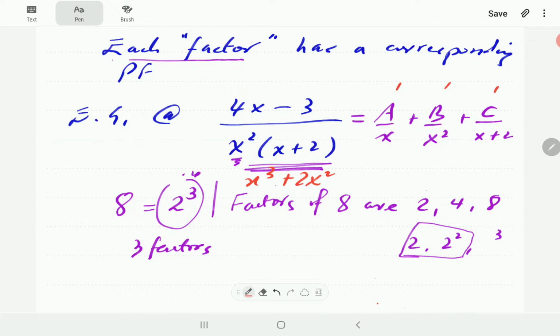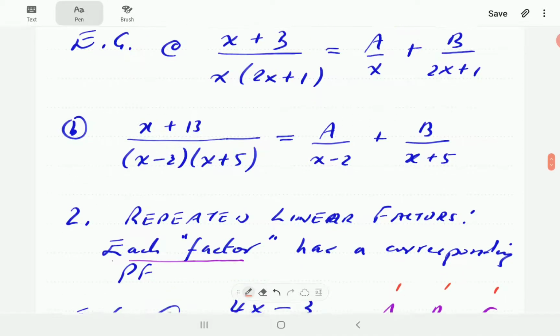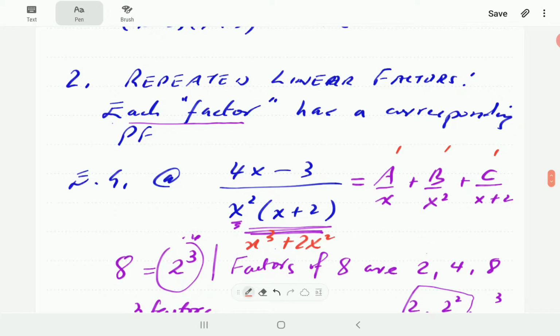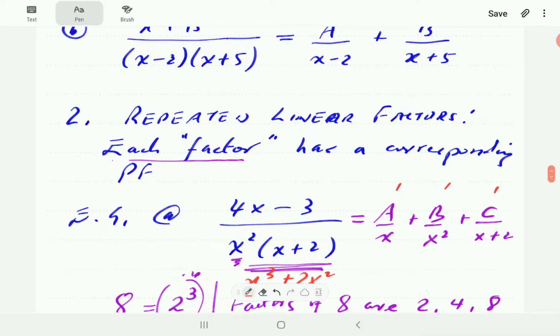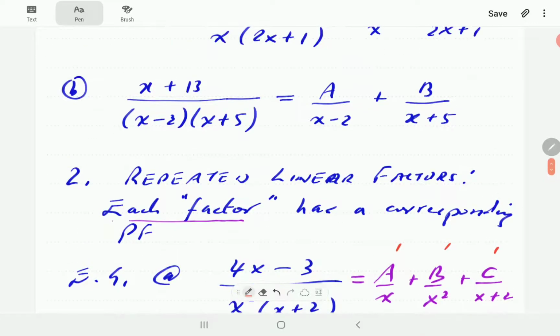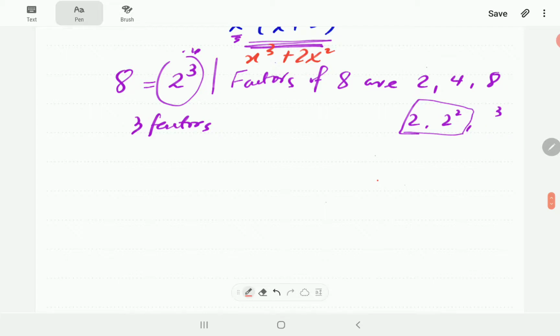So that's going to be an important general rule of thumb when setting up partial fractions. The number of unknowns must correspond to the degree of your denominator. Here this was quadratic, so degree 2, and we've got 2 constants. Alright, so let's do another example of